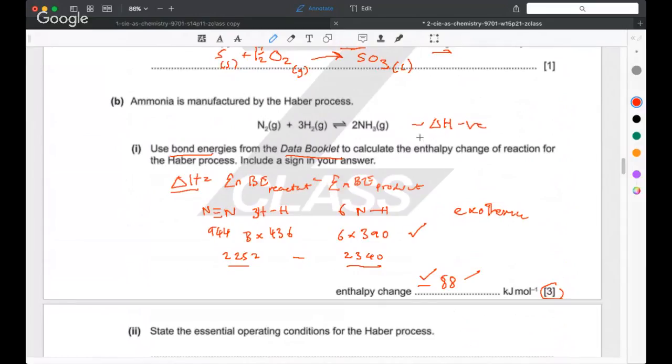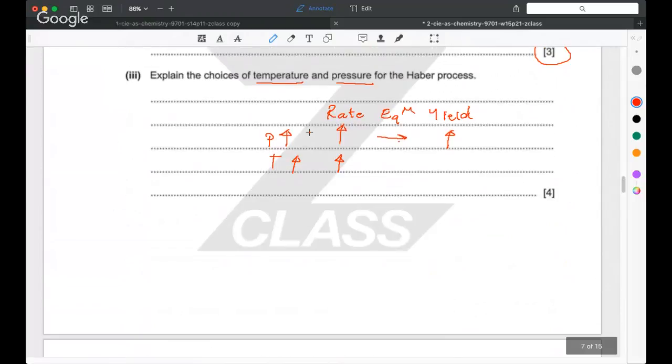Delta H is negative. And if we increase the temperature of a reaction at equilibrium that is exothermic, then that favors reactants, not products. And so the equilibrium is shifting to the left, and so the yield would go down, wouldn't it? And so the temperature doesn't really want to be too high, because if we have it too high, then the equilibrium shifts to the left and the yield goes down. But there's no point waiting around for the optimum yield in this industrial process. We can't wait forever. So we've got to have some compromise here